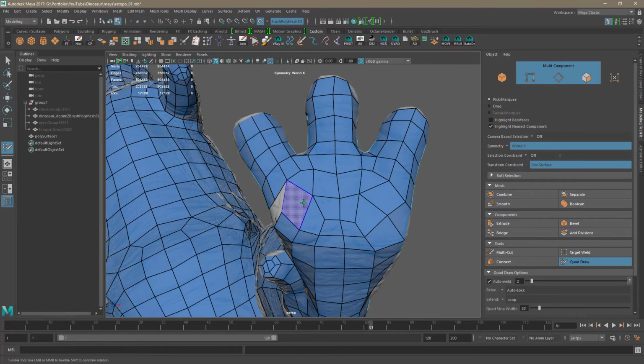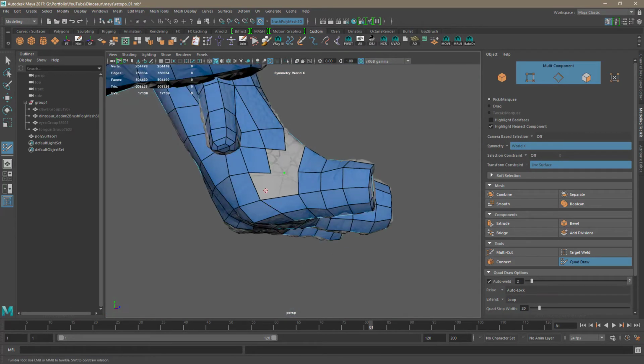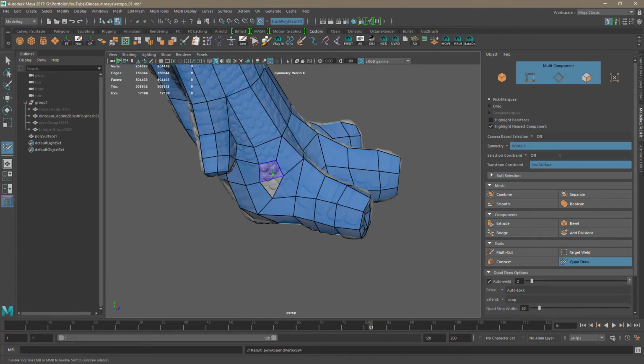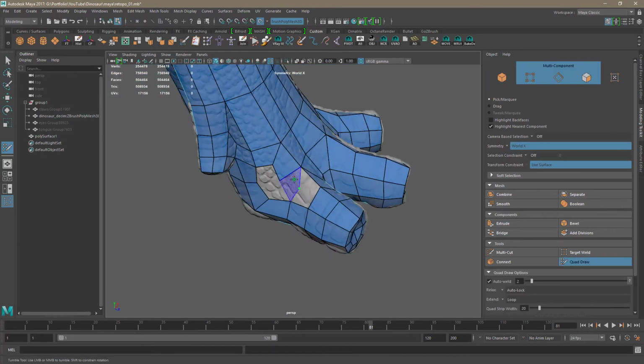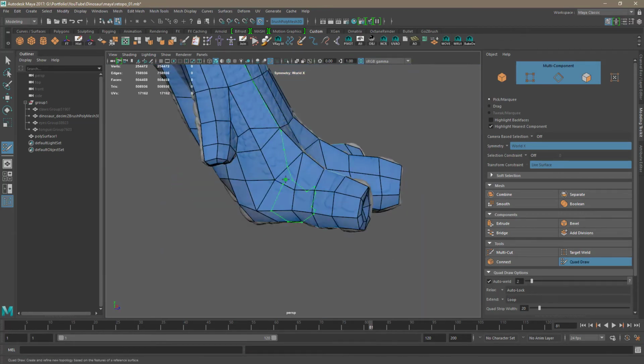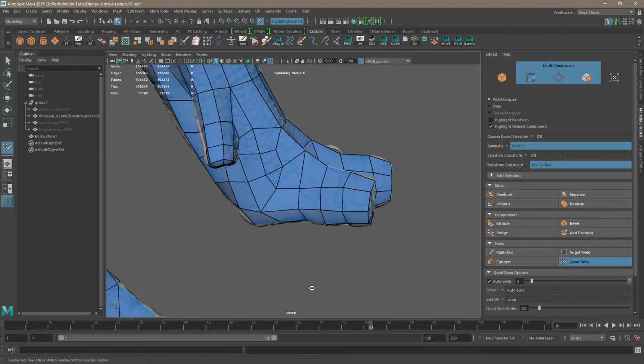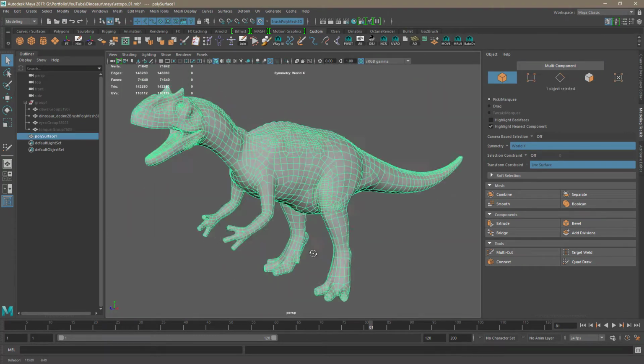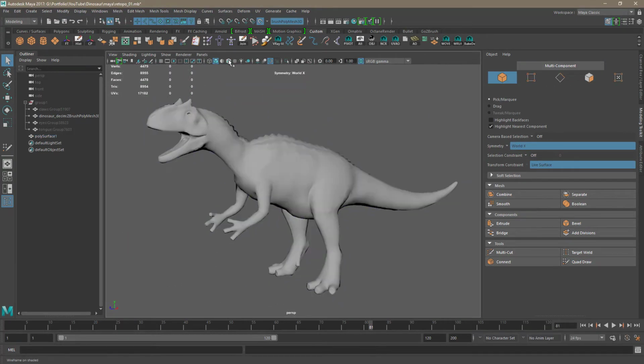I tried to keep everything by quad, but at the end I got one triangle. Unfortunately, I was not able to remove it, so I just left it there. In the end, it's not gonna hurt. And then